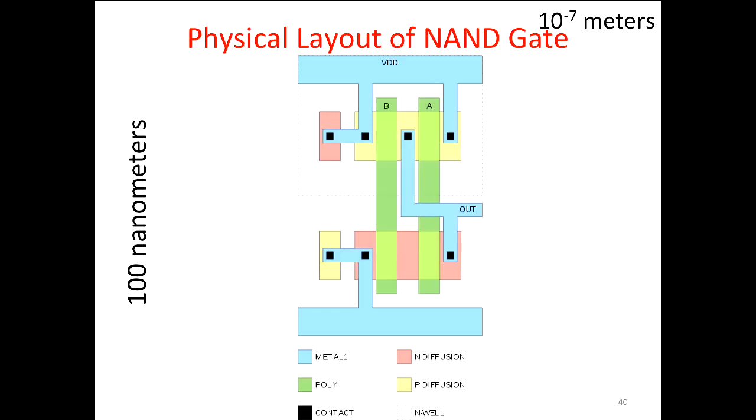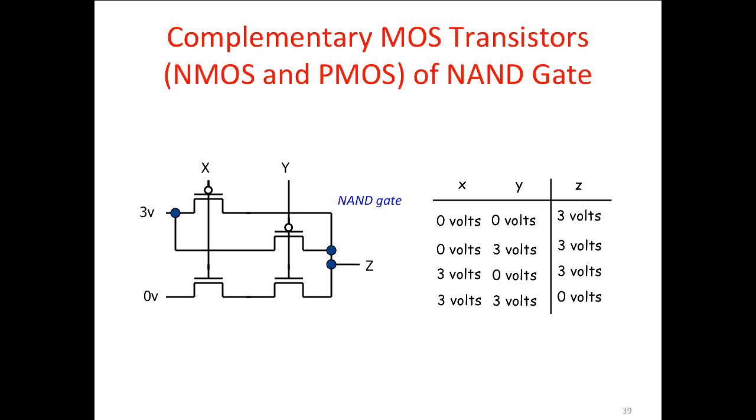So this is connecting to the source of this transistor here. So this is one transistor in the NAND gate. This is one transistor in the NAND gate. This is the other transistor. Here's the other two. So if you go back to the schematic, there's 2 pull-up transistors and there's 2 pull-down